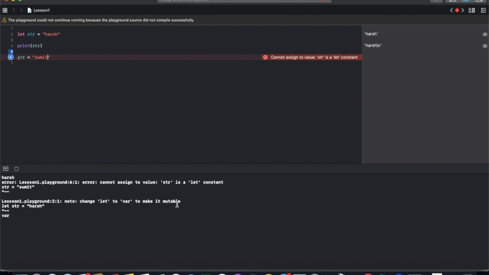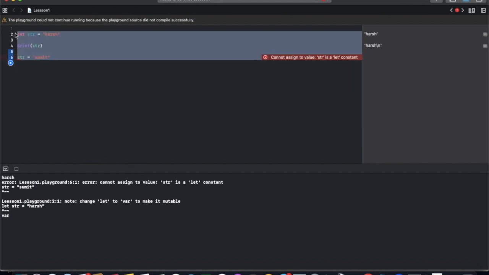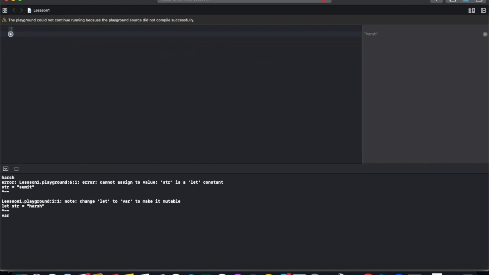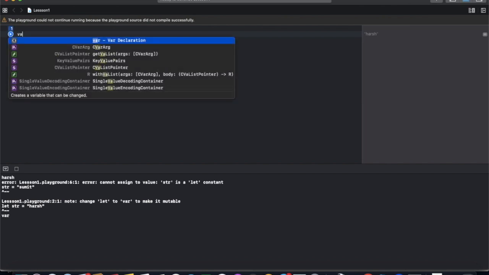So var is the keyword to declare a variable. Now we are going from the start to declare a variable. It's the same as a constant, just the keyword is changed. For a constant we use let as the keyword. For a variable we use var as the keyword.